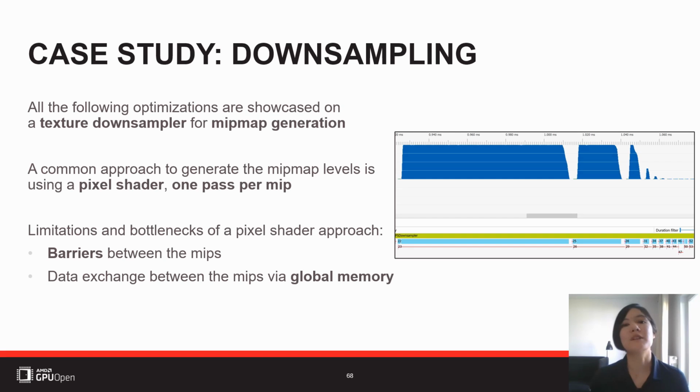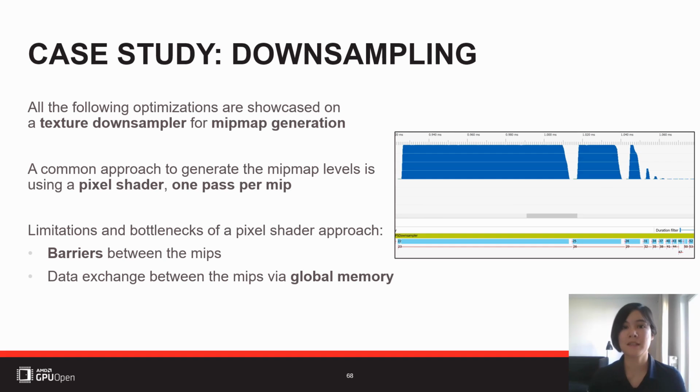Then the other thing you may have noticed is that for the lower MIPs, if you go really far down the chain, sizes 16 by 16, 8 by 8, 4 by 4, 2 by 2, and 1 by 1, you see that these are really small resolutions. We don't have many values to compute. We don't need a lot of threads to do this job, but we still need to wait until the previous MIP is finished before we can start the next one.